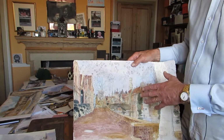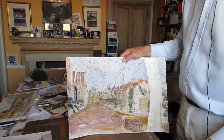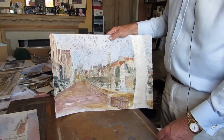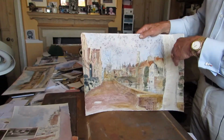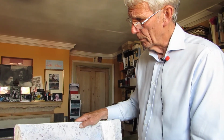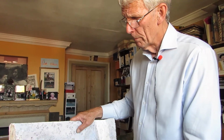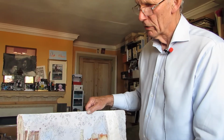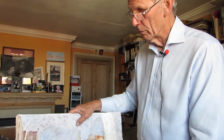Generally I don't do that at this phase in the work, but I quite happily do it with an almost finished painting. It's a trick that I learned from Turner, who had handles put on his drawing board, the drawing board he took in the field, so that